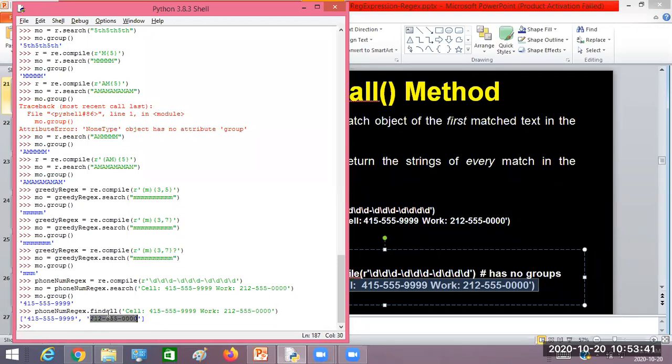So when you use the findall function, as the name suggests, it gives all the occurrences of the matched text for the given pattern. It gives us a list of matched strings.